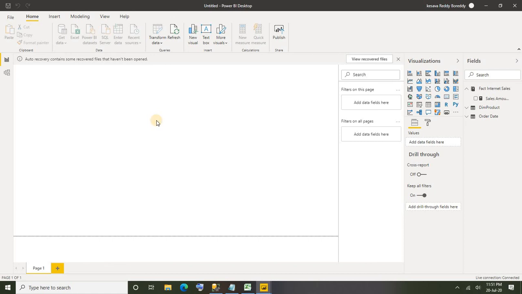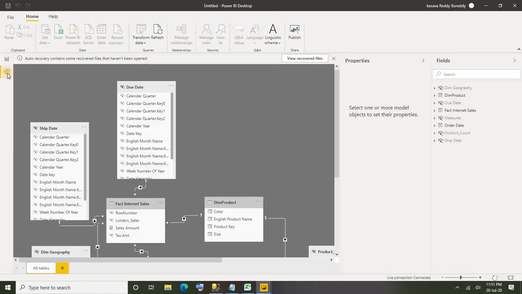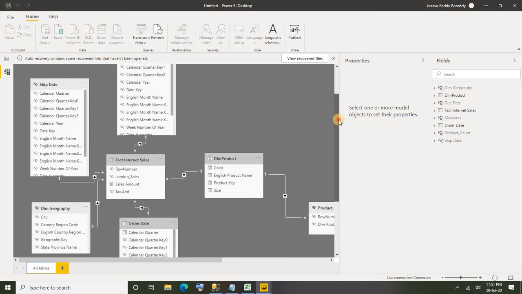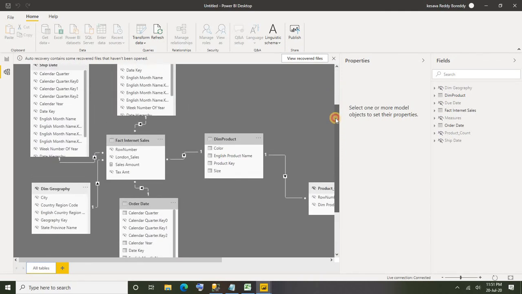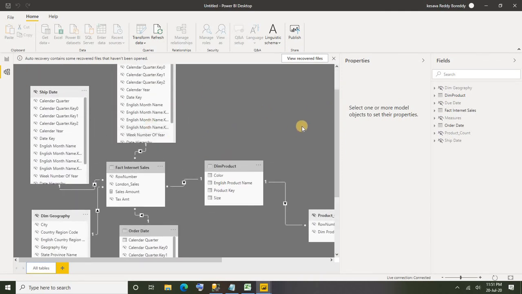Other thing I forgot to tell you, if you observe here in the live connection, you could see only 2 options here, report option and model option. Okay, if I go to model, let's see the model which is available in the cube, directly that model has been imported. Alright, so you can't make any changes here. This model has been imported directly from your analysis services database. So you can see the model, but you can't do any changes here.